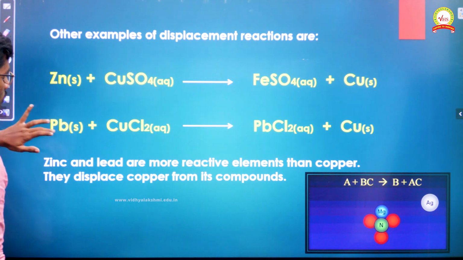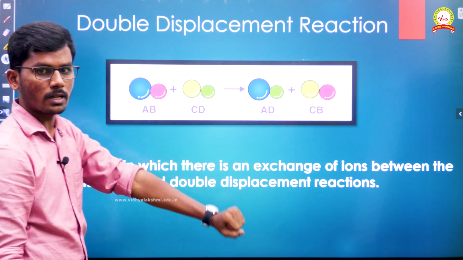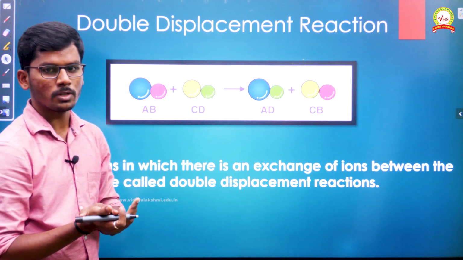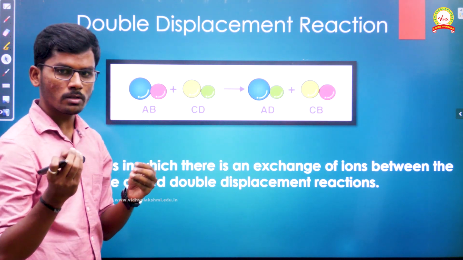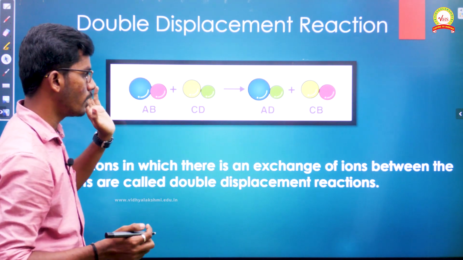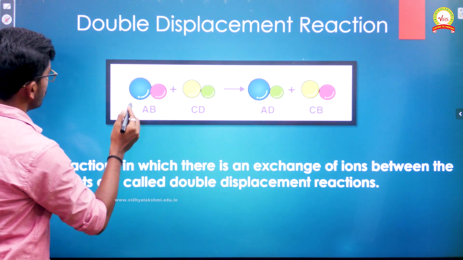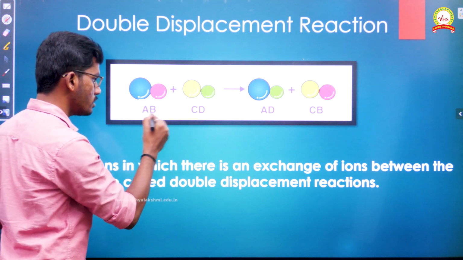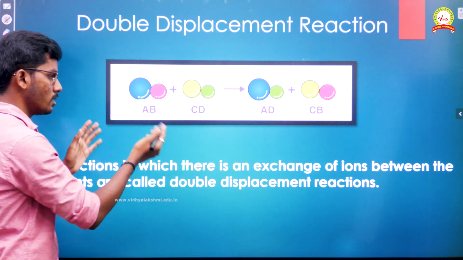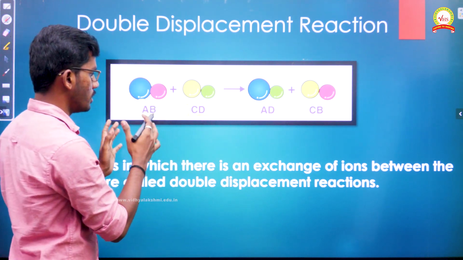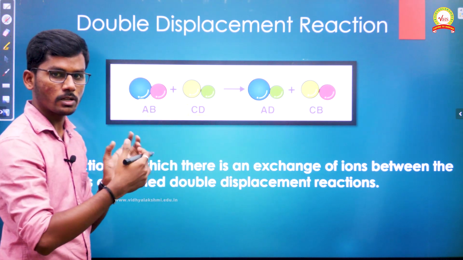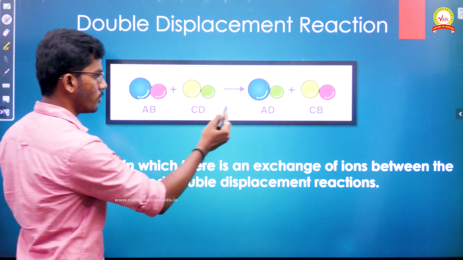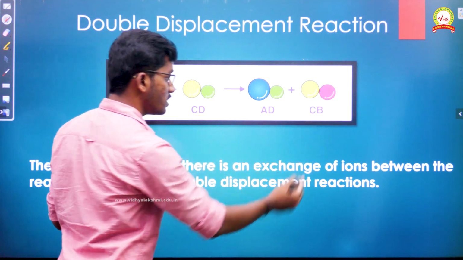The next thing that we are going to say is double displacement reaction. Both displacement and double displacement are somewhat similar to each other, but there is a small difference between them. In that, if you have seen, there would have been AB plus C, whereas here it is AB plus CD. In both cases, the reactants, the metals, are in a combined state. It is in the form of metal salts. Okay, so AB plus CD, you just see here, the products formed are AD and CB.